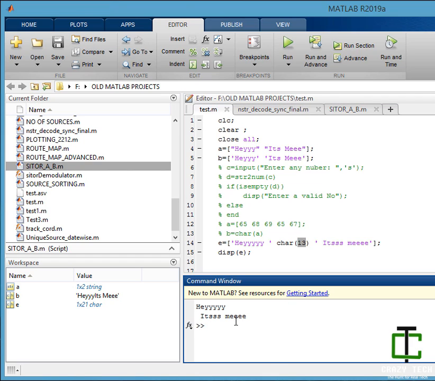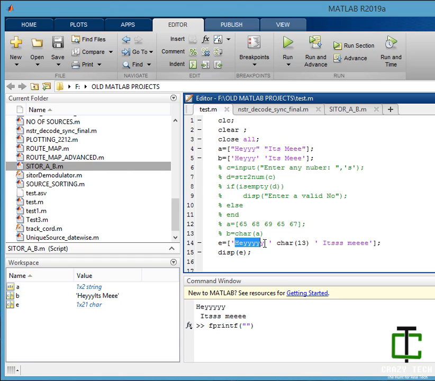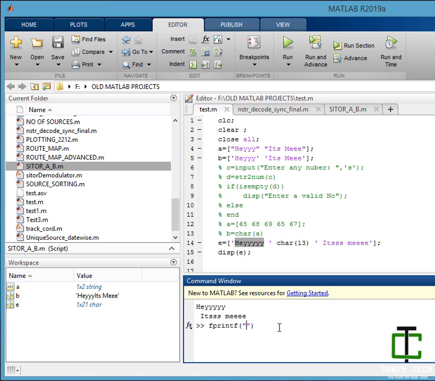Some people also use fprintf. Let's say here backslash n, it's me. Here you go, then a new line, it's me.